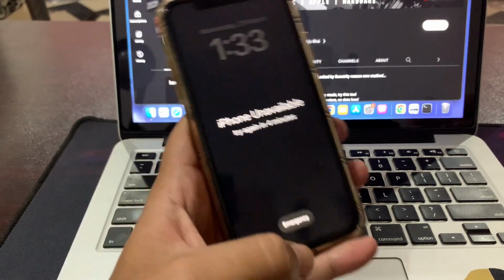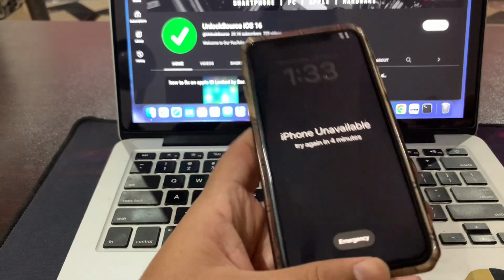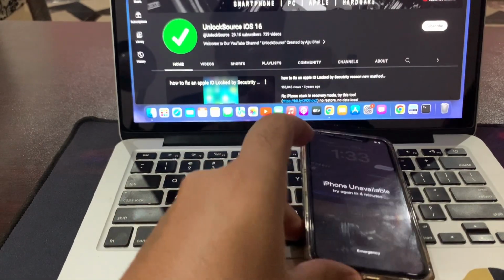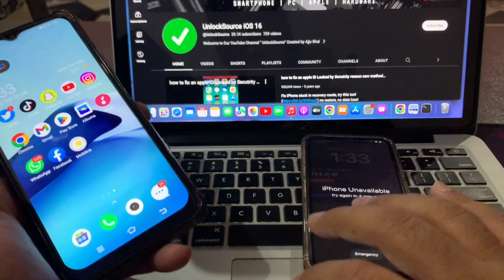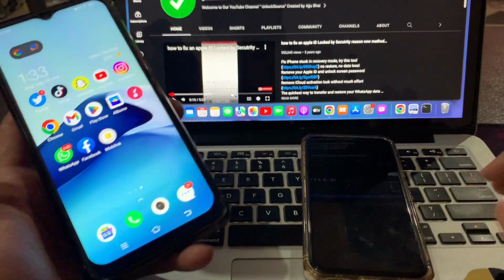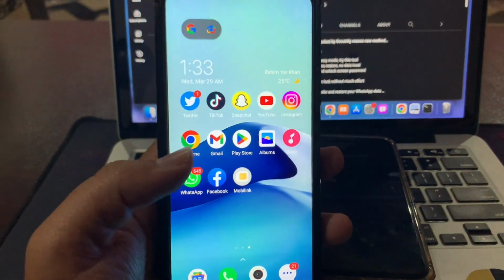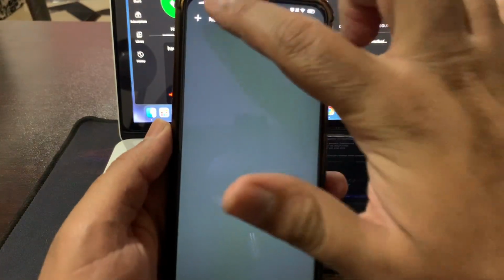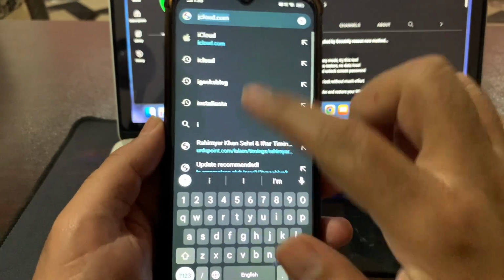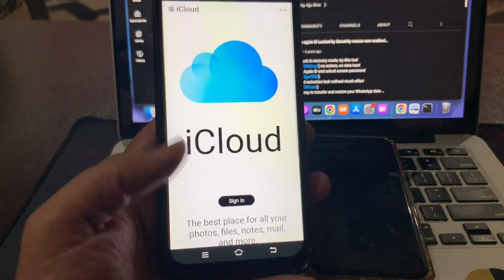Guys, to get rid of this, you need another phone. It can be an Android phone or an iPhone. In my case, I'm using my second Android phone to get rid of this problem. So go to your Chrome and type icloud.com. If you are using an iPhone, then go to the Safari browser and type icloud.com and simply click on